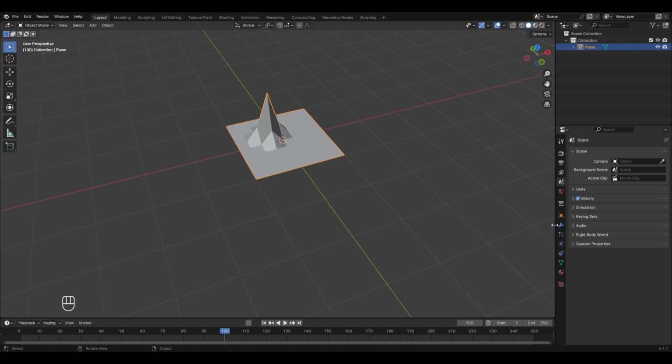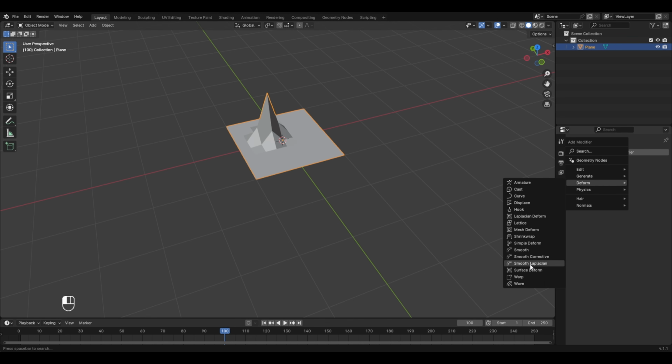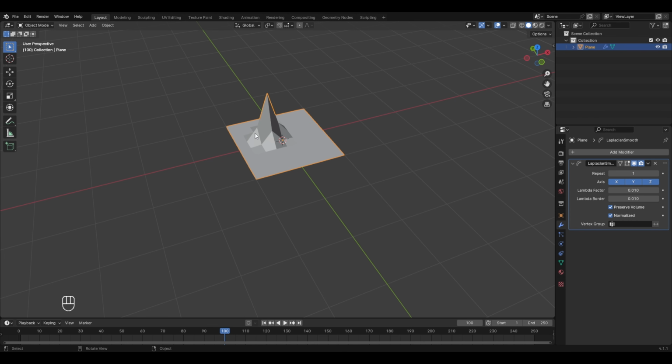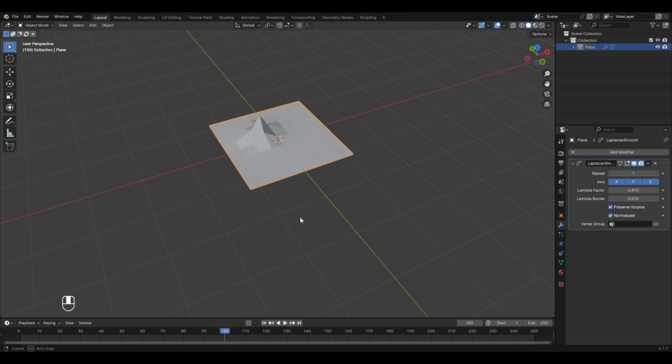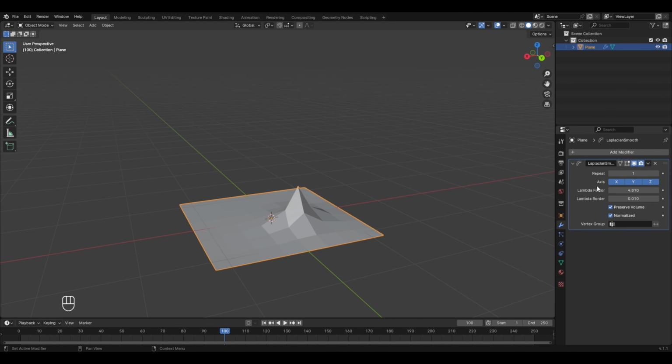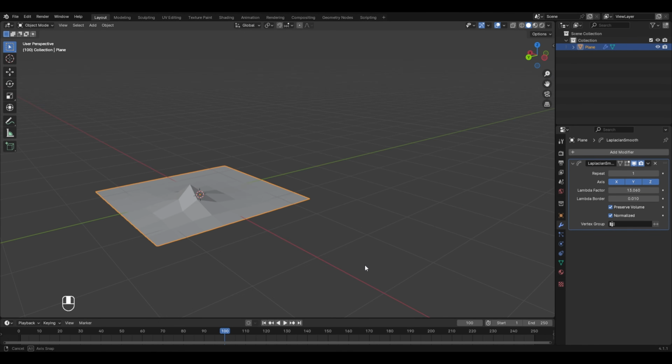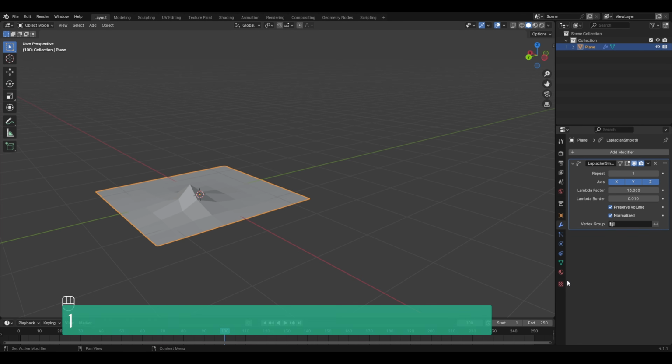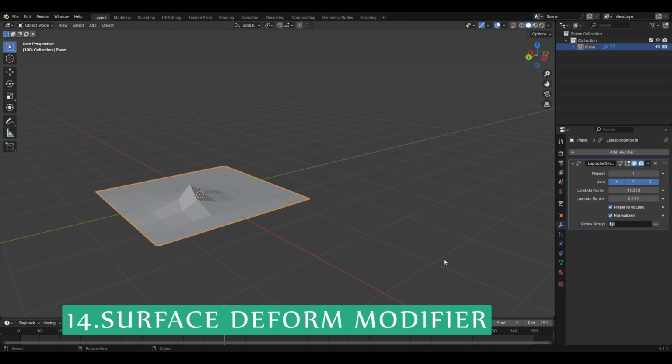So go to the modifier properties editor, click on add modifier, and in the deform section select smooth Laplacian. Now to remove this irregularity or basically smoothen it, you need to increase this lambda factor from here, and now you can see that the surface of this plane has become much more regular than before, and if I further increase it, then it becomes much more regular, and this is the use of the Laplacian smooth modifier. In simple words, you can understand it in this way, that it helps to smoothen an irregular surface of any mesh. And now the next modifier on our list is the surface deform modifier, and to see how it works,